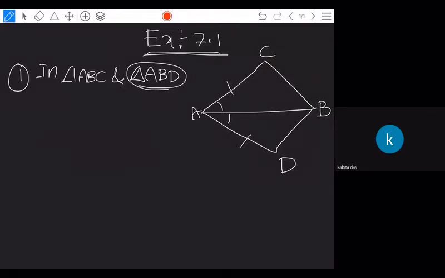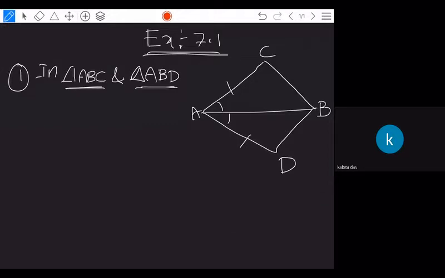But whenever you name the congruency of the triangles, is it audible to you? Yes, sir. So whenever you use the congruency symbol, you are discussing these two triangles. You can name these triangles in any way, but whenever you use the congruency symbol at last, you have to name them according to their corresponding sides only.